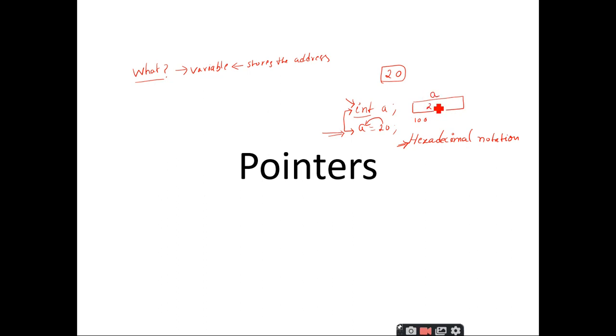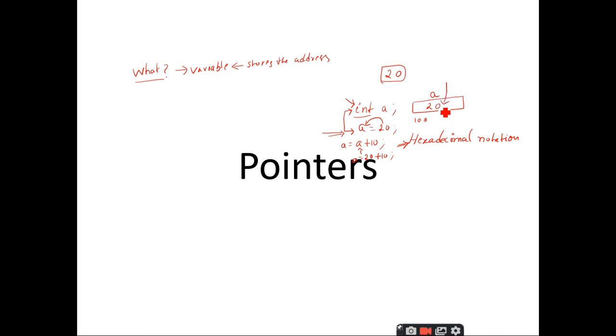So after this we have two things, right? For example, if I want to access this 20, I want to add 10 to this 20. So what I will do is take the statement as a plus 10. Whatever value is there at the location a or location 100 is accessed by making use of a, and that will be converted like this: 10 plus 20 will be given, and let us assign this one, a is equal to 10 plus 20. So this is how we can access the value that is present inside a memory location.